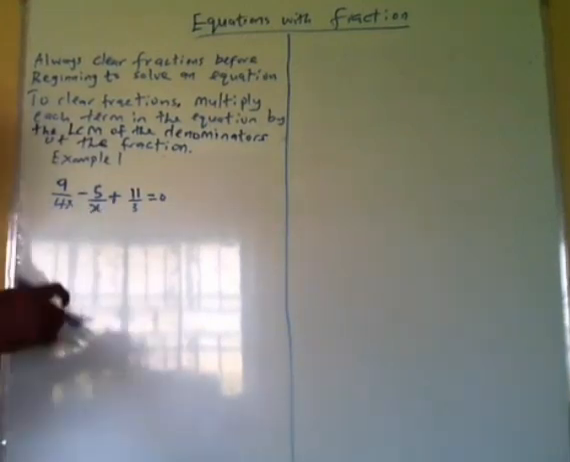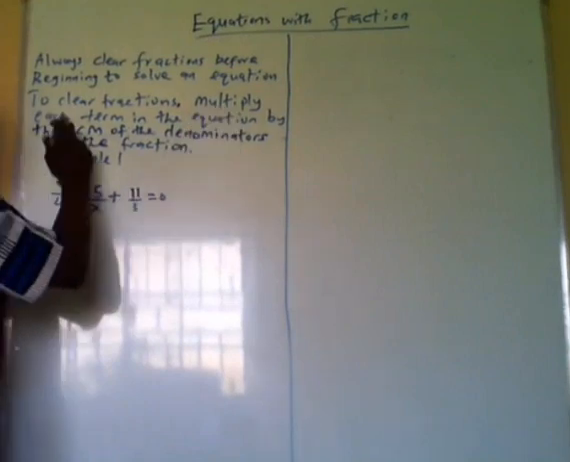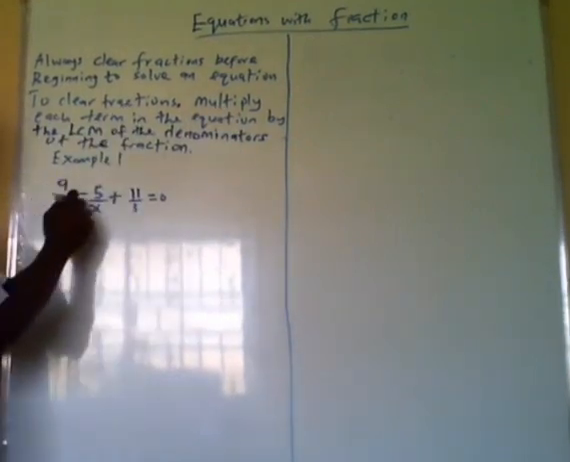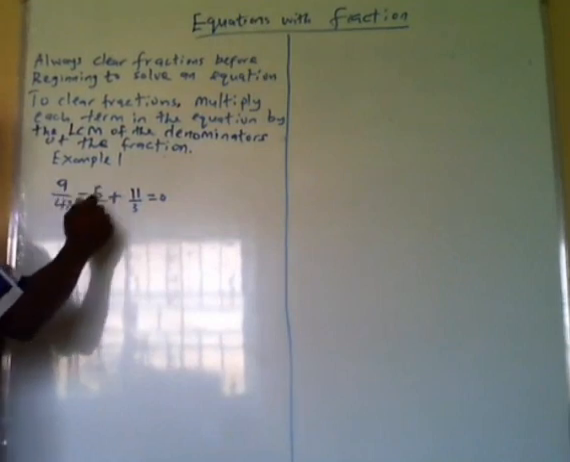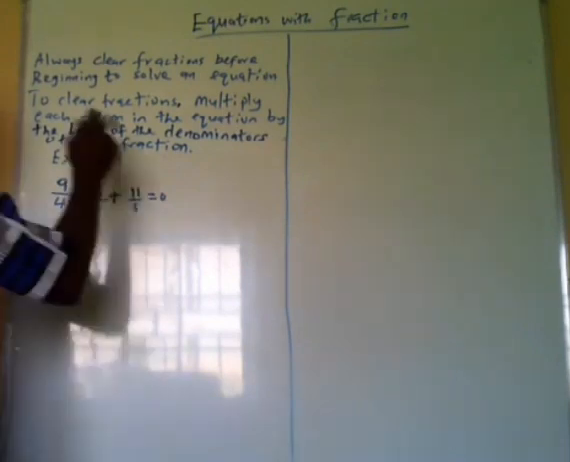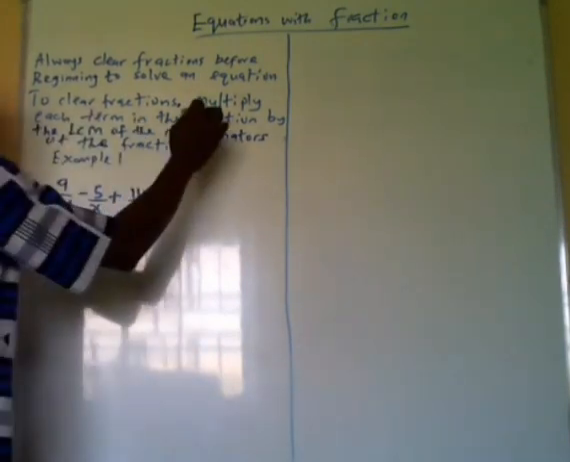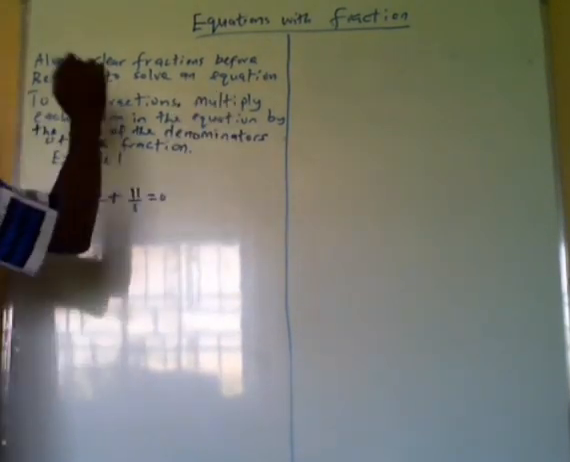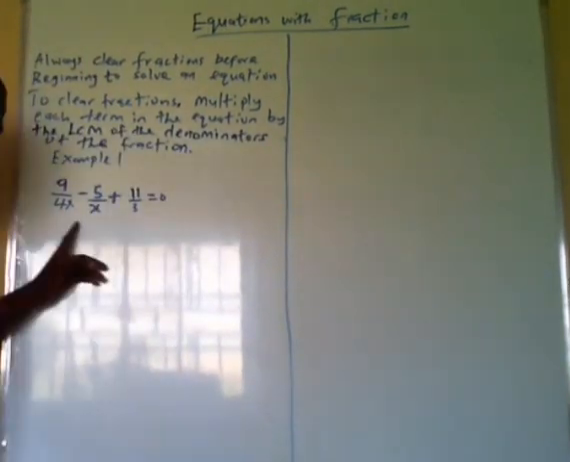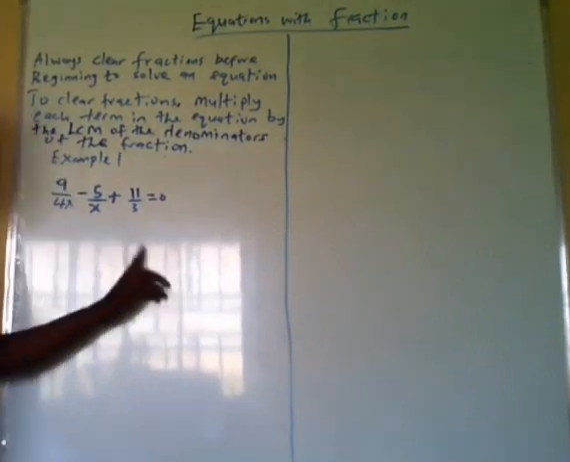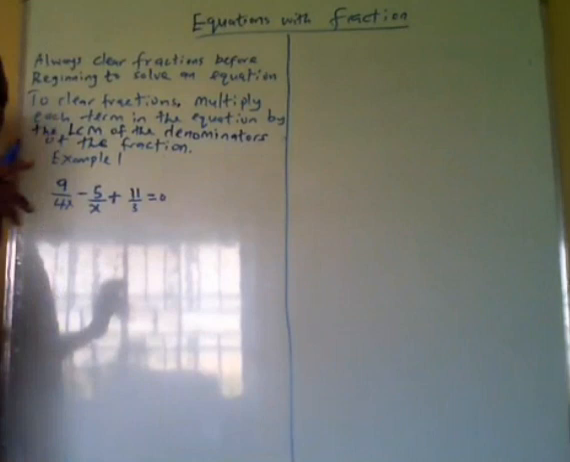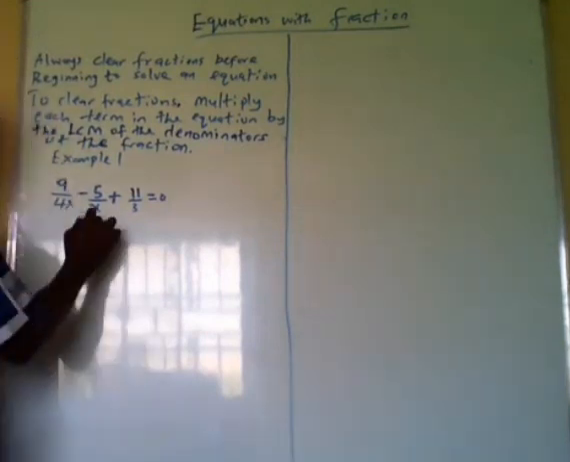Now to clear the fraction, multiply each of the terms. What are the terms? The terms are: 9 over 4x minus 5 over x plus 11 over 3 equals 0. So to clear the fraction, multiply each term in the equation by the LCM of the denominators of the fractions. All these are the denominators, so we need to look for the LCM of them. So how to look for the LCM? Our normal traditional way of looking for LCM: